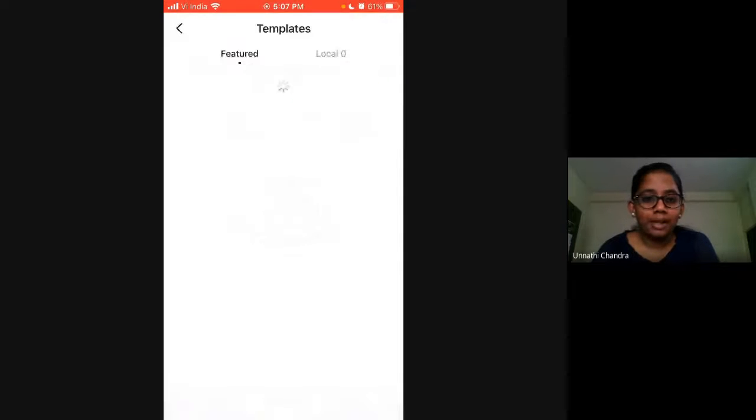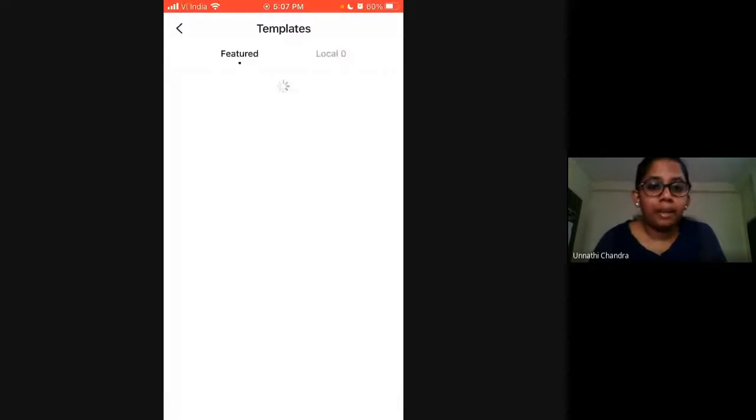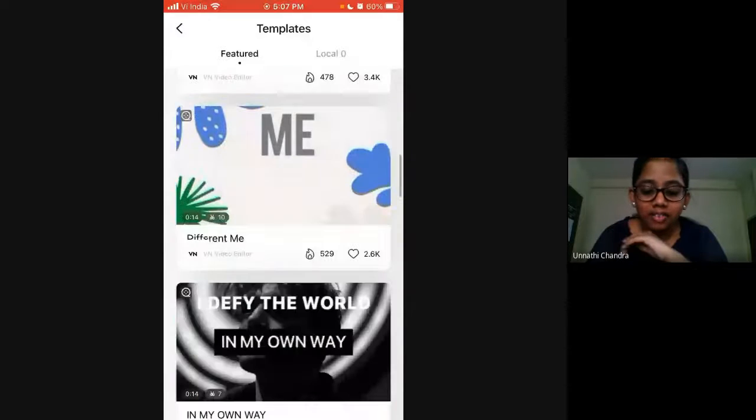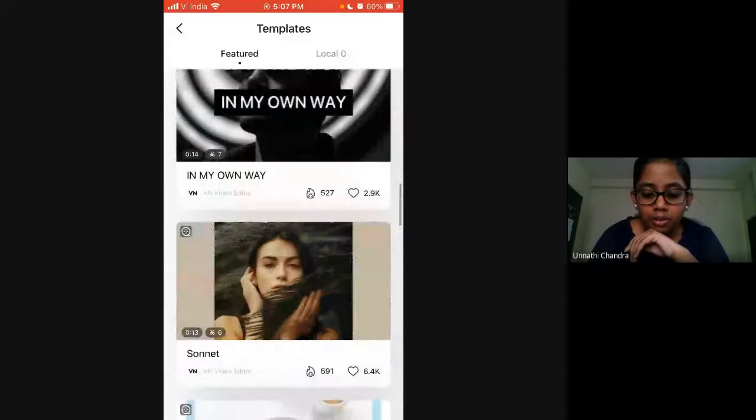So click on the templates option, as you can see, templates, and then you will get the quickly available free templates. So you can select any template, any style of editing which you want out of the available ones. Let's just say I'm selecting this.